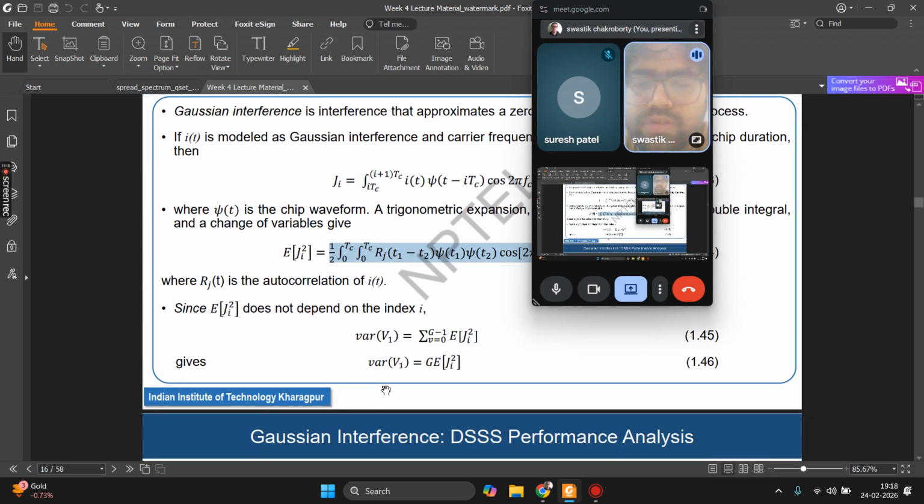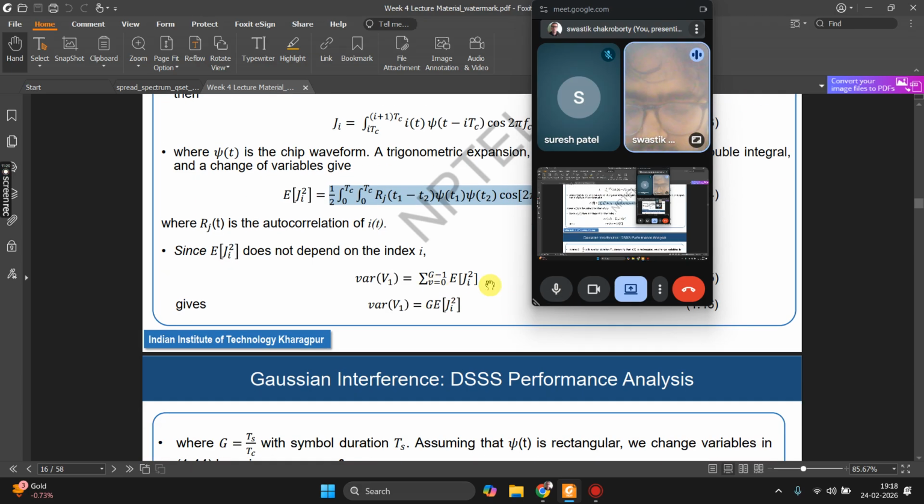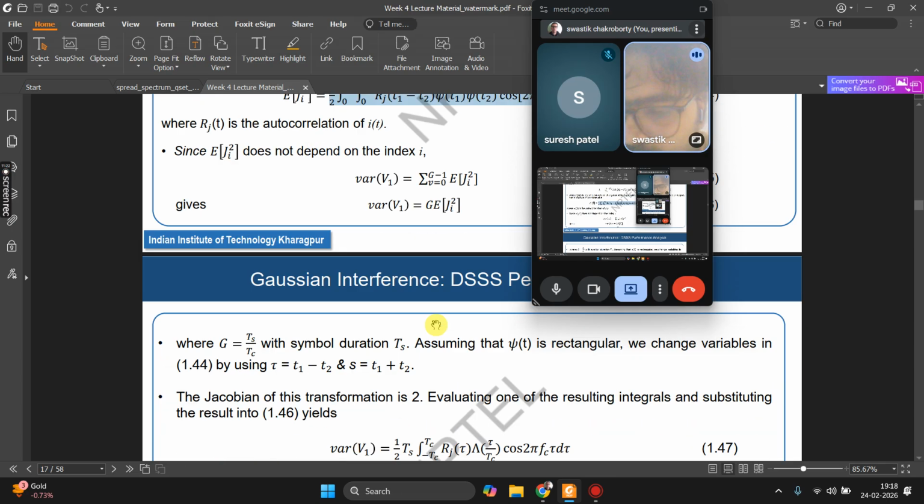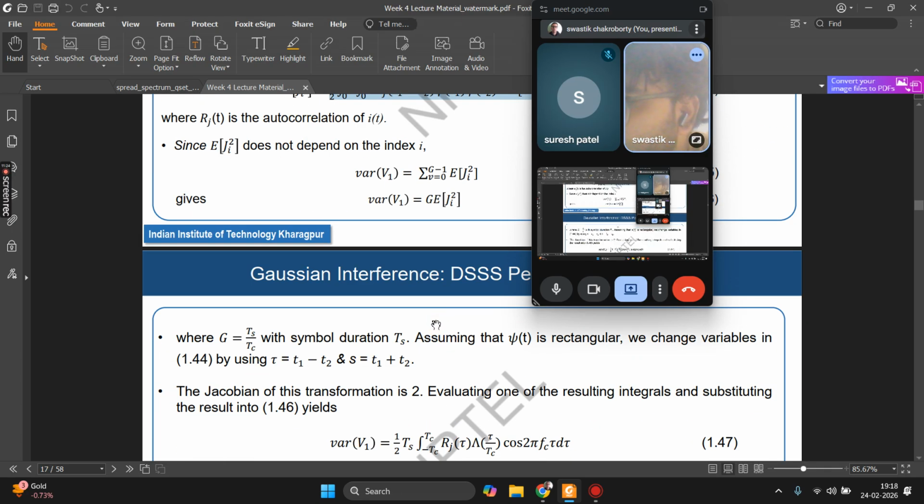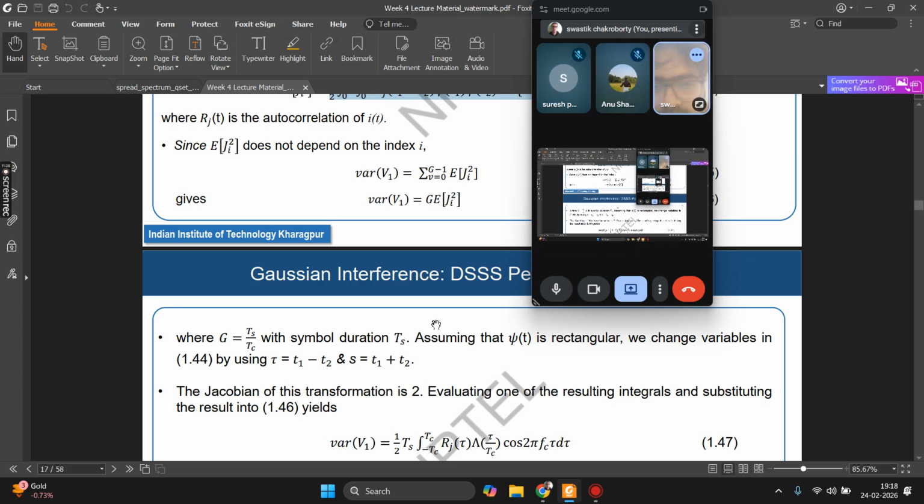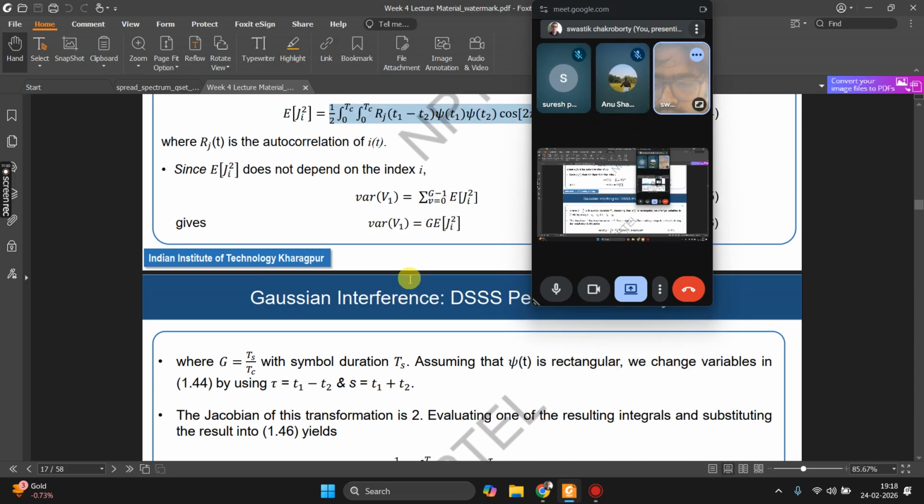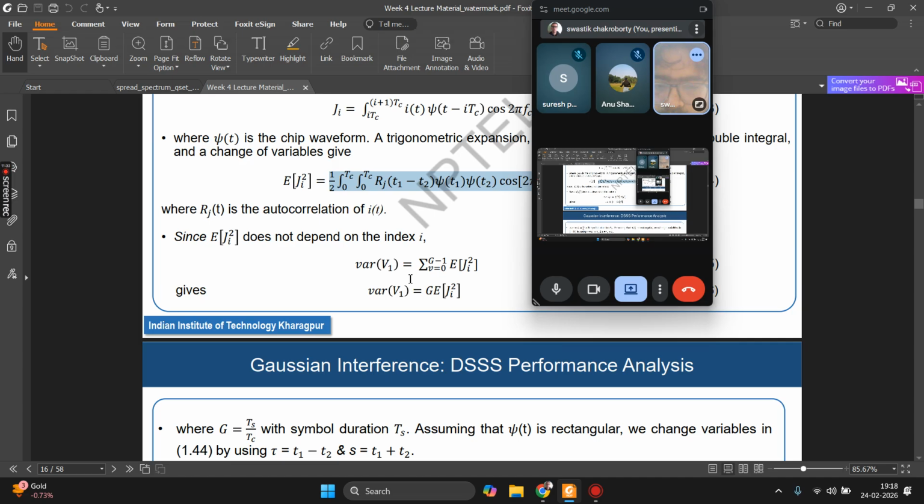Since E Ji square does not depend on the index i, so we can say variance of V1 equal to this, then this. Yeah. So again, we can take the